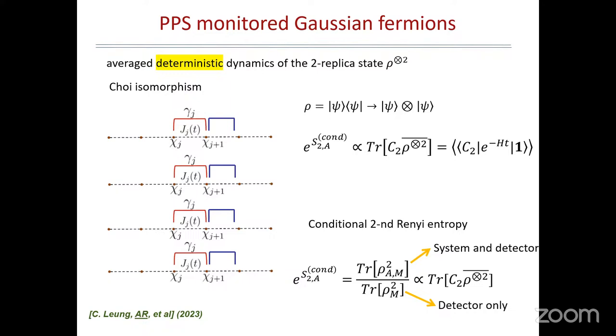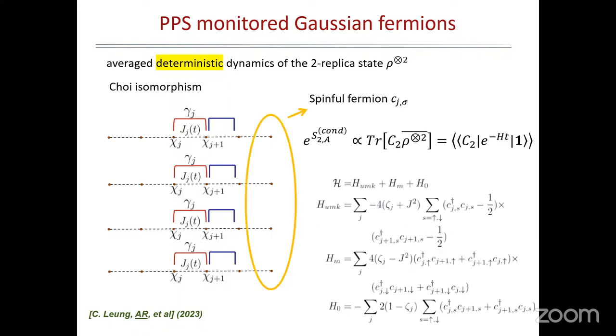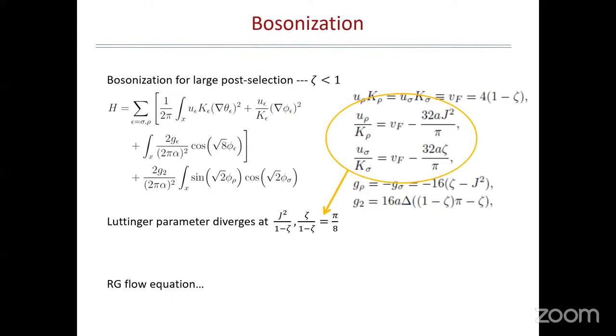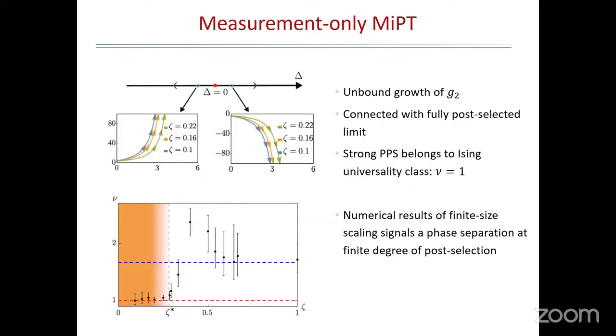Anyway, at the end of all this, which I'm happy to discuss with whoever is interested, we end up with the fact that the phase transition can be described by a deterministic theory. So we got rid of stochasticity, but we gain an interacting Hamiltonian of a larger system. And the larger system is not made out of Majoranas now, but full fermion spin. In principle, if you can solve this Hamiltonian and its ground state, we are done. We cannot, so we have to make another step, which is a bosonization, which is valid only in certain regimes. And here are my final results. So the results are the following.